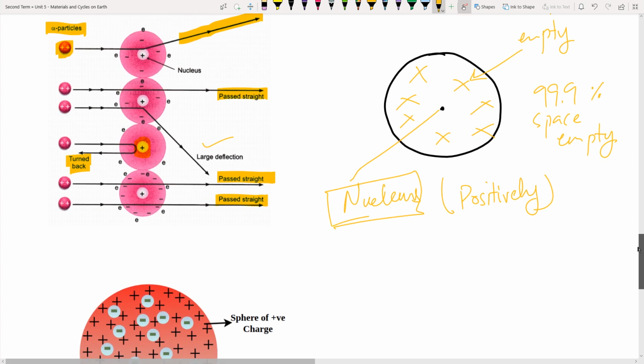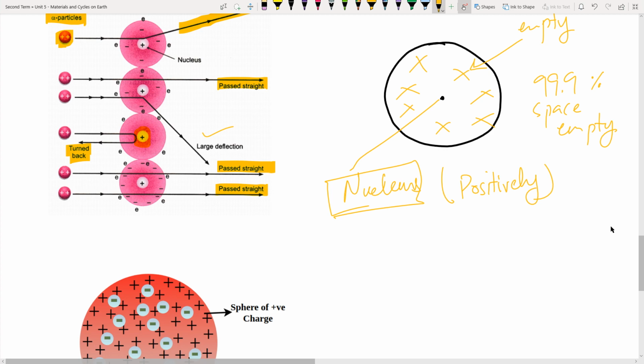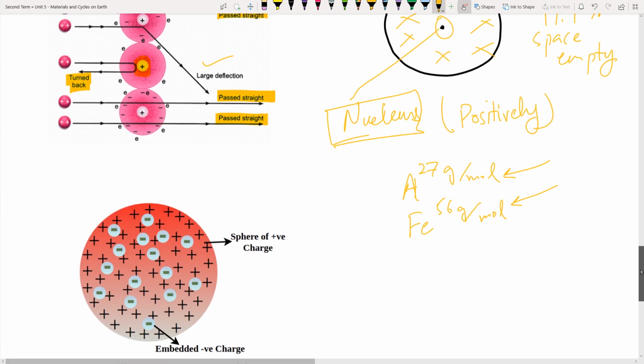So if we say that let's say iron is heavy and aluminum is not heavy, we can say that the nucleus of the iron atoms is heavier compared to the nucleus of the aluminum atoms, right? We do know that aluminum has a mass of 27 grams for each mole, and iron, which is very heavy, we say that it's 56 grams per mole. And when we say that it's 56, that means the center is heavier. Electrons do not contribute to these masses, right? So before that,